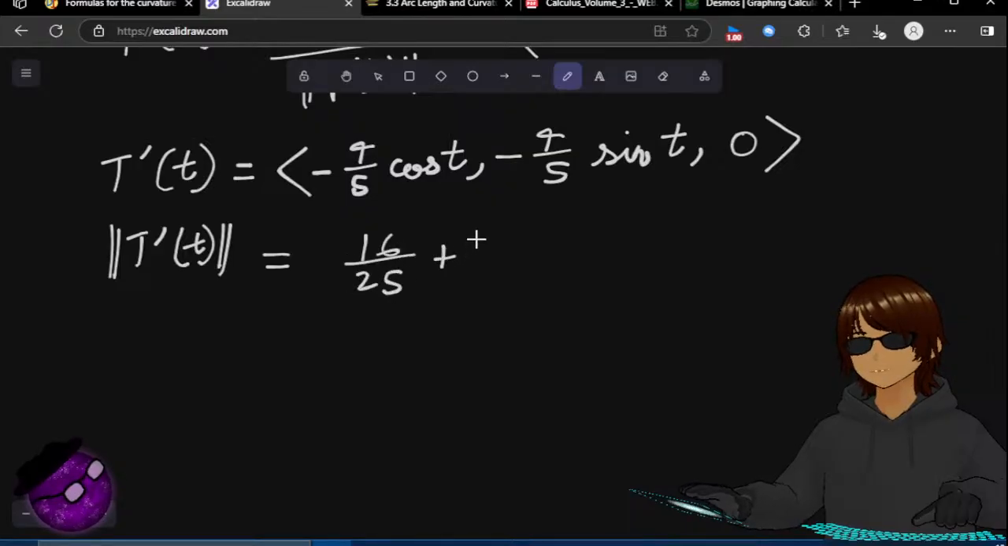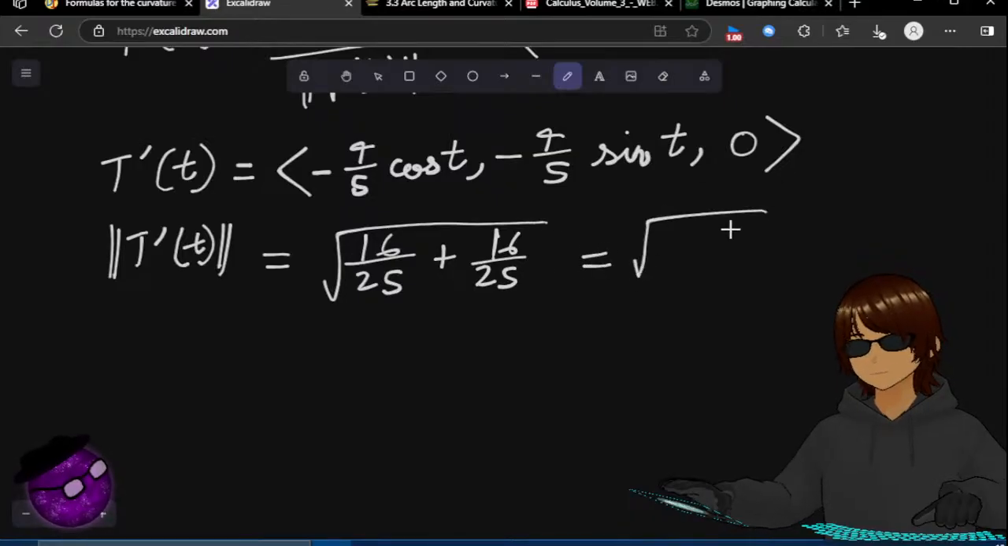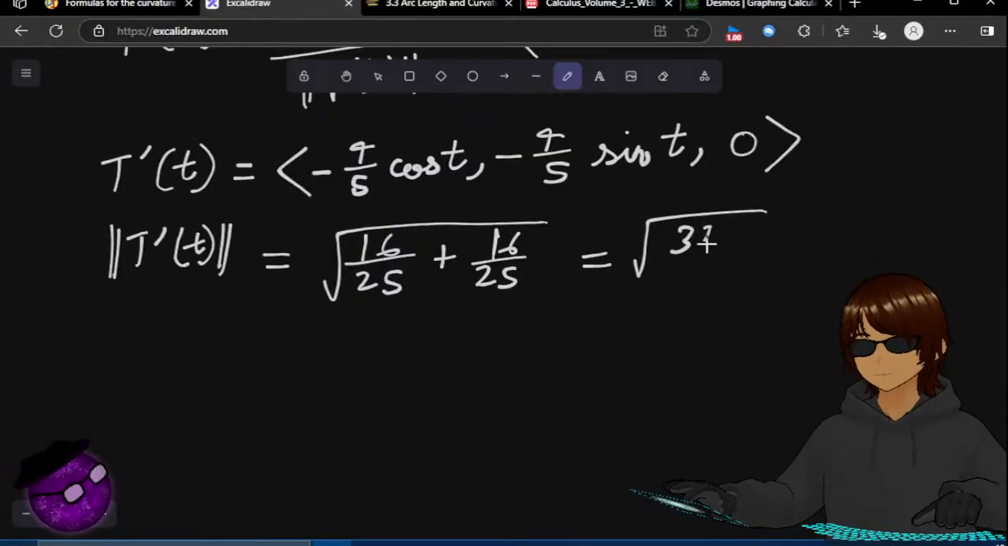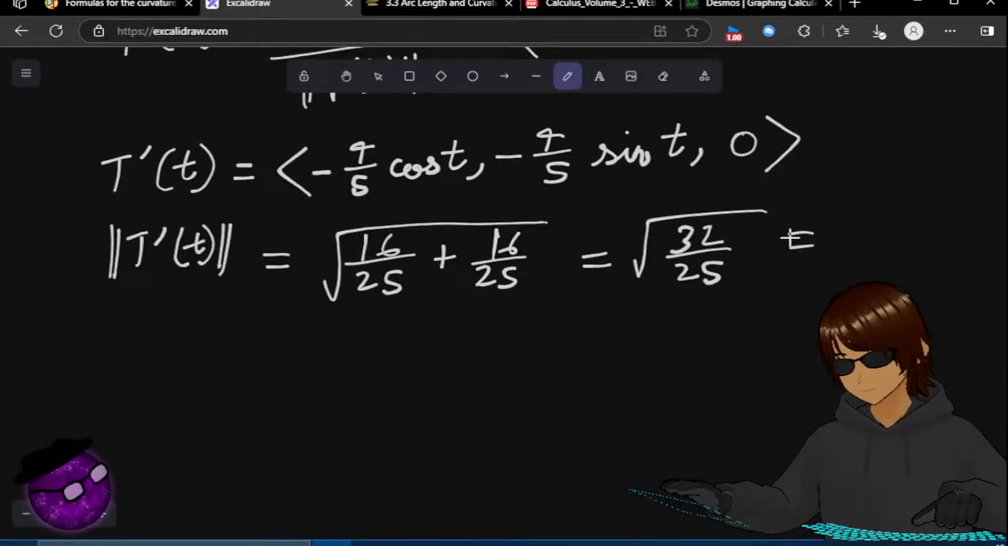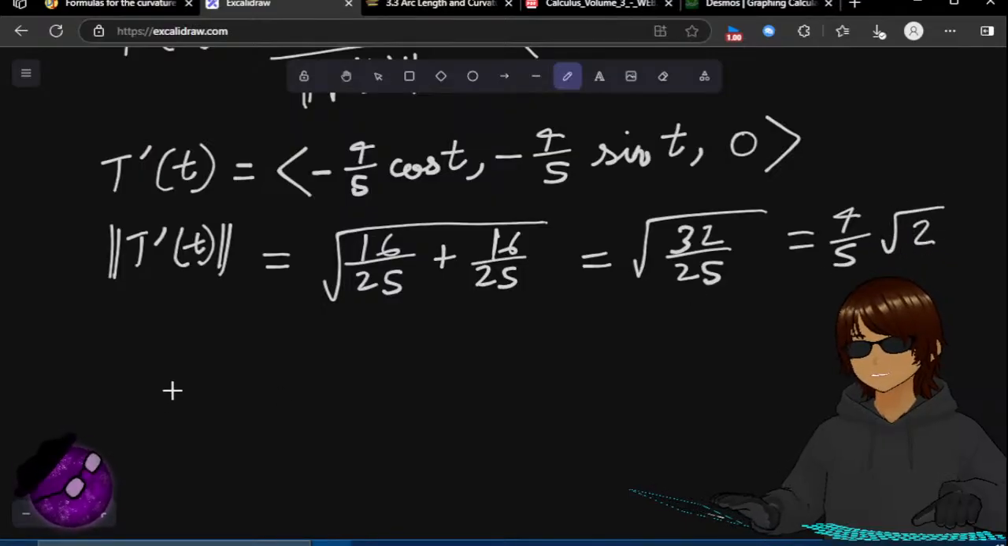16/25 plus it with plus 0, but that doesn't matter. 32/25. Can we simplify root 32? Yeah. 4/5 root 2. So then this divided by